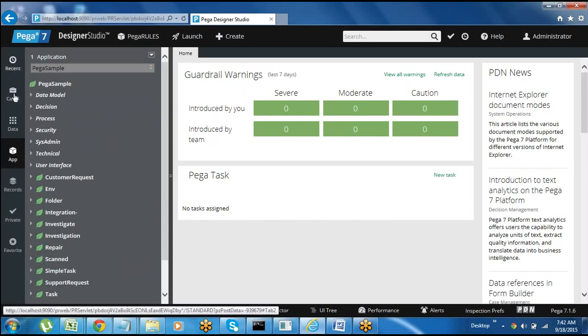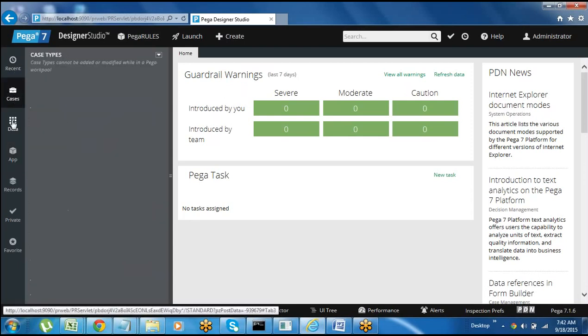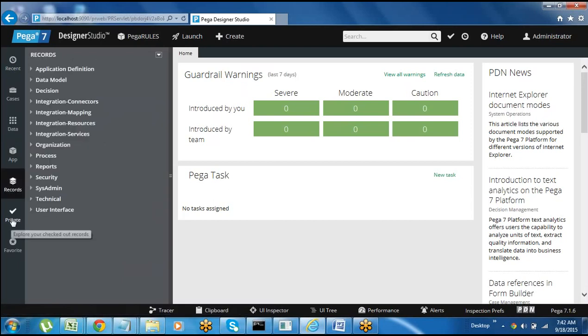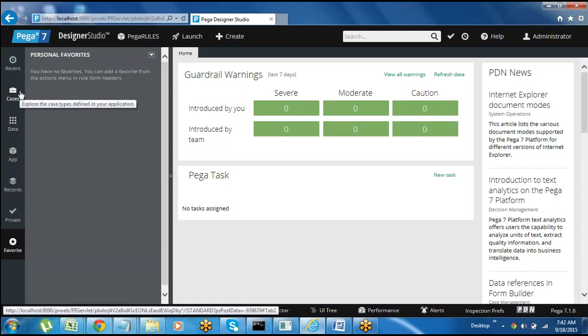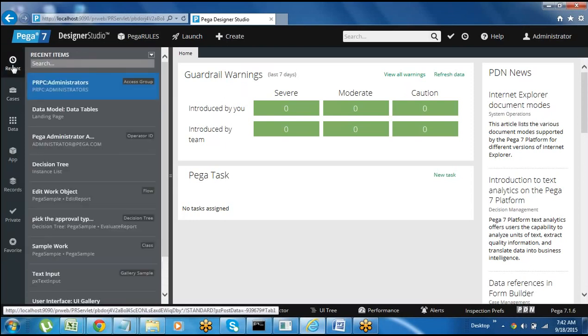The recent explorer, cases explorer, then data explorer, records explorer, private explorer, favorite explorer. Those are not that important, but just for view purposes they have given all these things. Recent is nothing but if you want to see the recently opened things, you can click on this and see what is recently open.